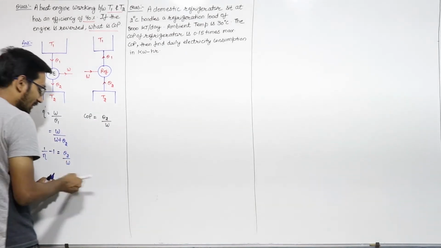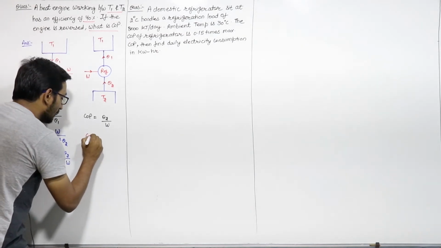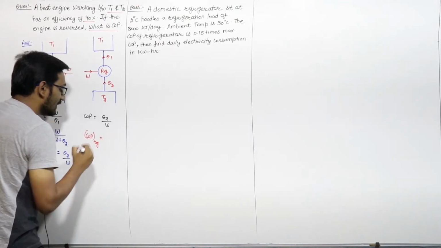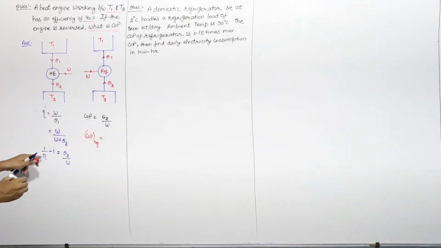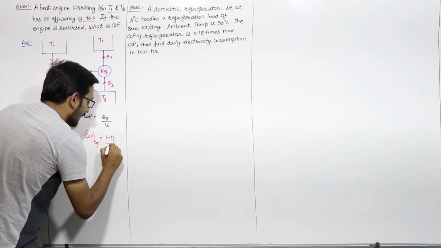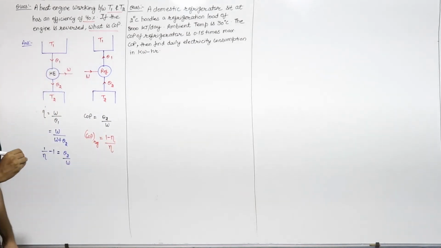So from here you can write that the COP of this refrigerator will be equal to Q2 by W, that is 1 minus efficiency upon efficiency of the heat engine,